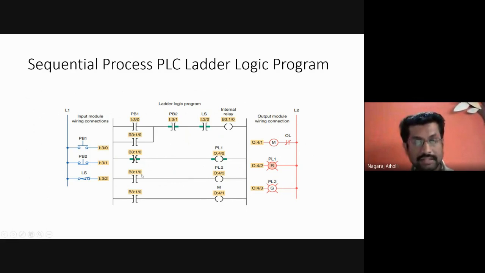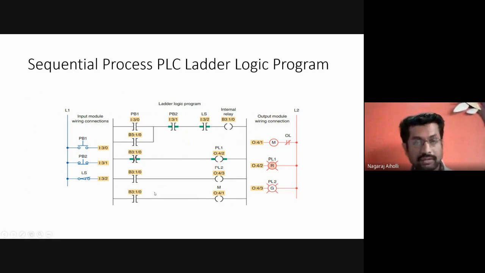Then this is again the examine if closed instruction. This has gone from closed to open state initially, making the green LED go from off to on state. Now it will go from closed state to open state, and the green LED will go from on state to off state, indicating again that the motor is stopping.